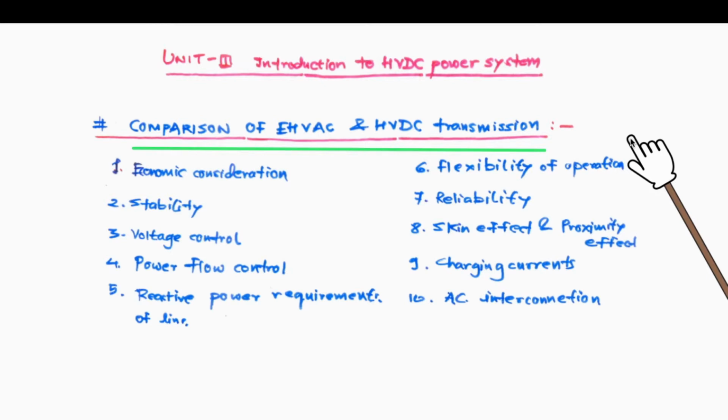We have already covered EHVAC transmission system in the form of first and second unit, where you have come across the concept of power transfer capabilities, calculation of transmission losses, number of circuits required for transmitting large amount of power, bulk power transmission, then calculation of surface voltage gradient, and so also the effect of conductor bundling on the electric stresses.